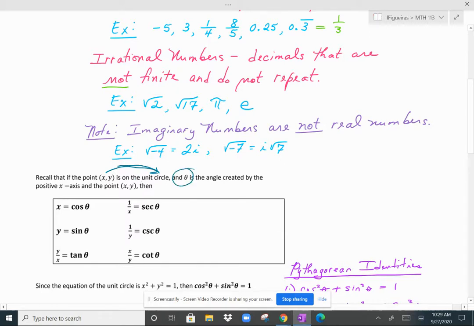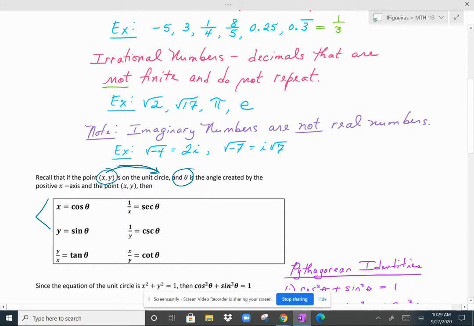And that angle would be wherever your initial side is and your terminal side, the angle created by the initial and the terminal side. And that terminal side could be in any of the 4 quadrants, and they could also be quadrantal angles. And so when you're looking at your trig functions with respect to the unit circle, your x and your y, that point that we just mentioned,